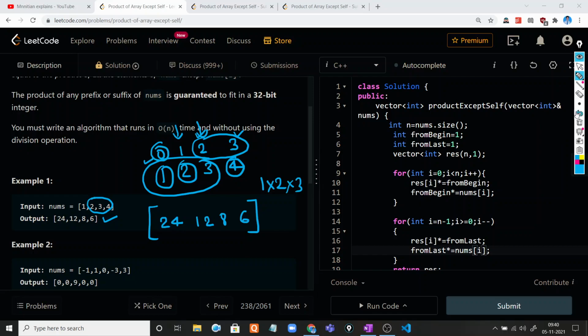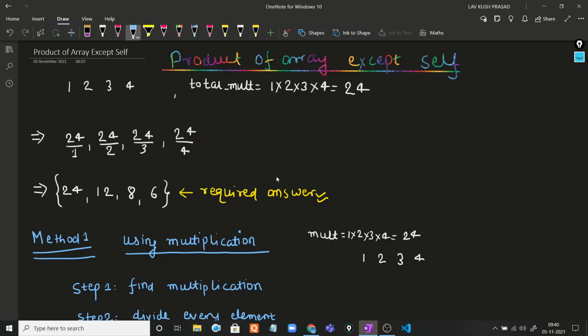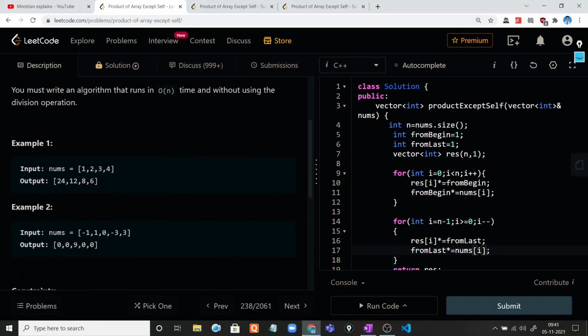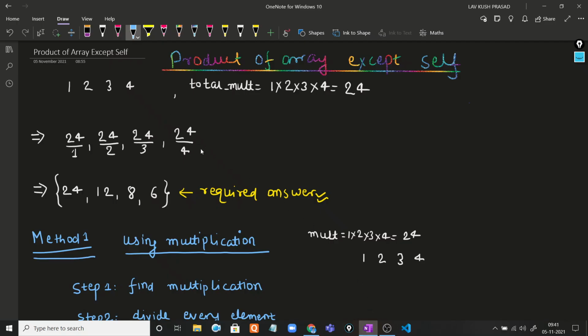So how can we approach this problem? Let's move to our solution part. Actually in this problem, there is a restriction: we can't use the division operator. But let's suppose division operation is allowed.